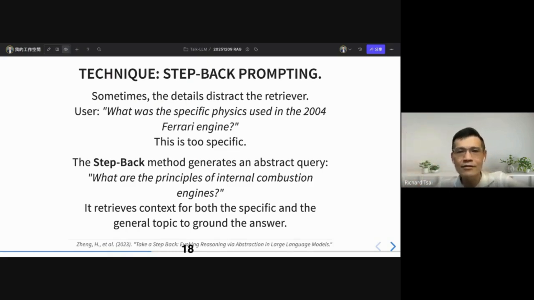And sometimes the user's question is very detailed, and the real information is at a higher level, so they still cannot match. So step-back is used to rescue overly detailed queries.